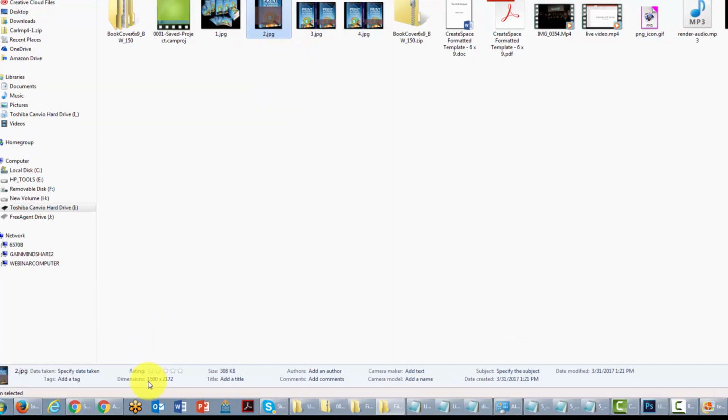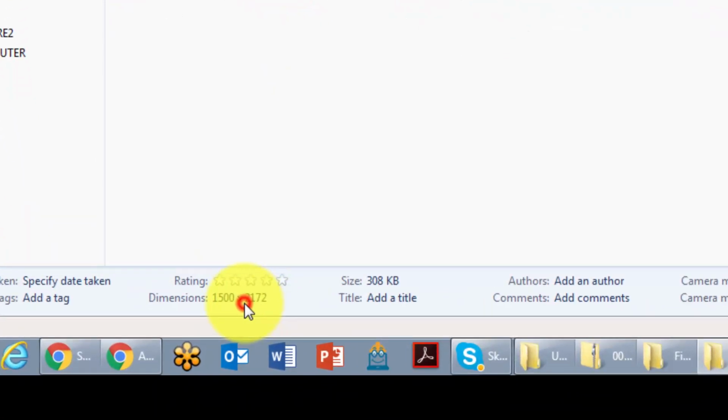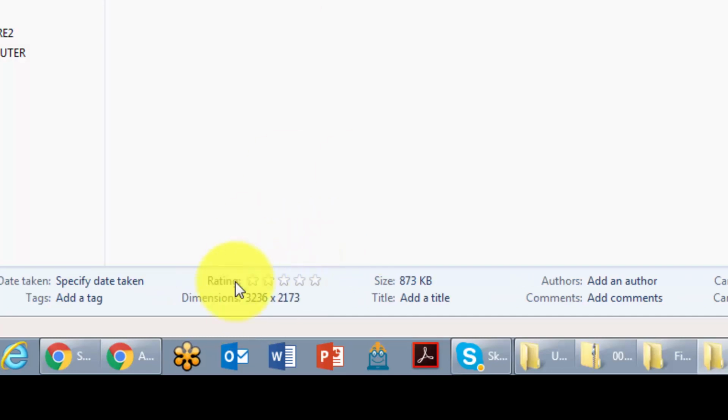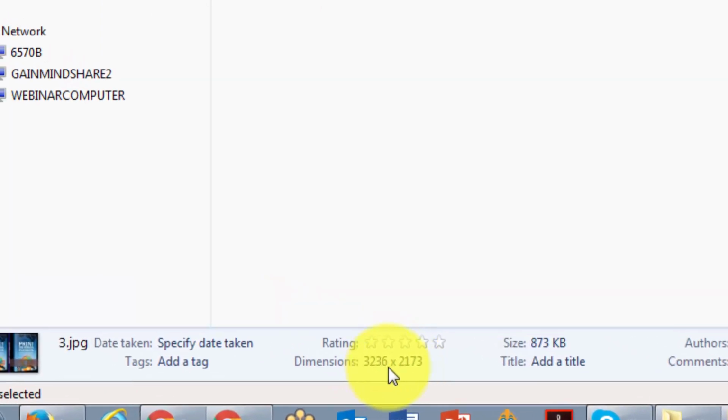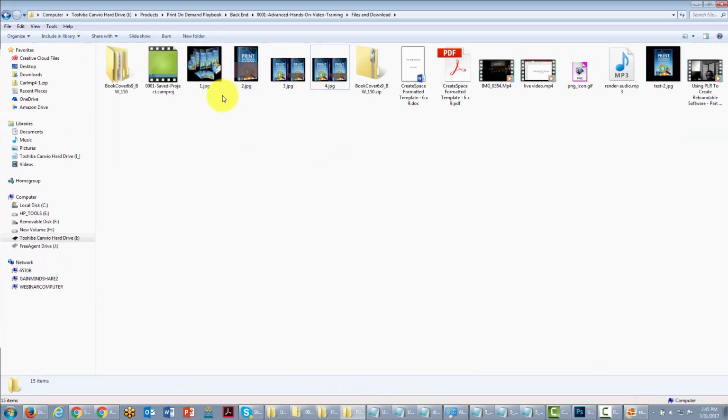So in each case, you're going to look at the size of the document. For instance, this one is 1500 by 2172. This one is 3236 by 2173. This one is 3236 by 2173. And so we can continue to design our templates according to these sizes. And then we want to proportion them so that our images will look professional and that they'll be proportional when they actually fit